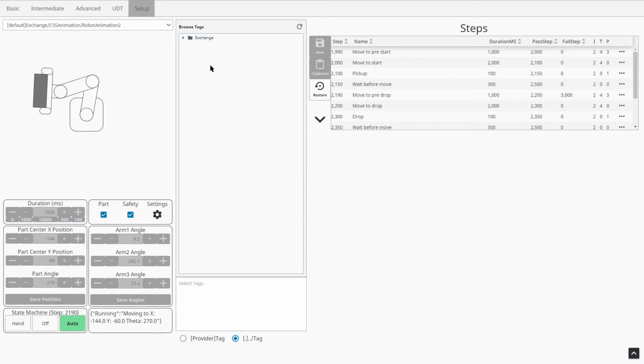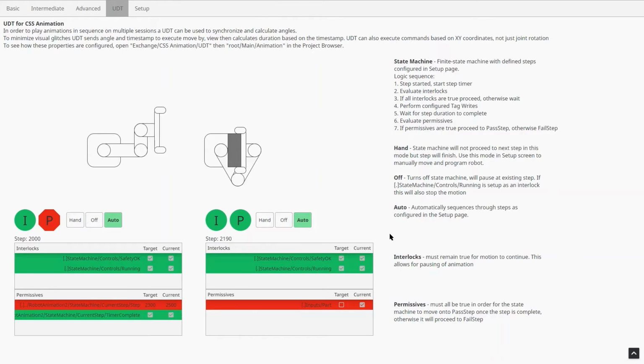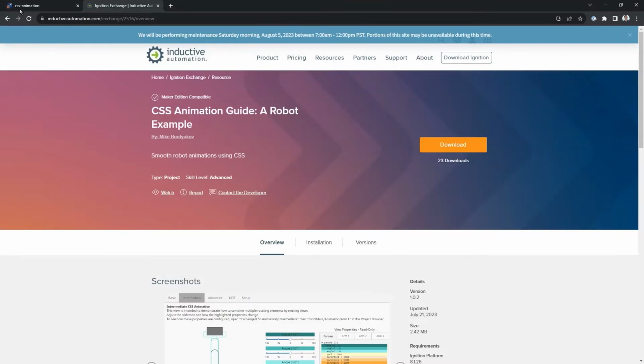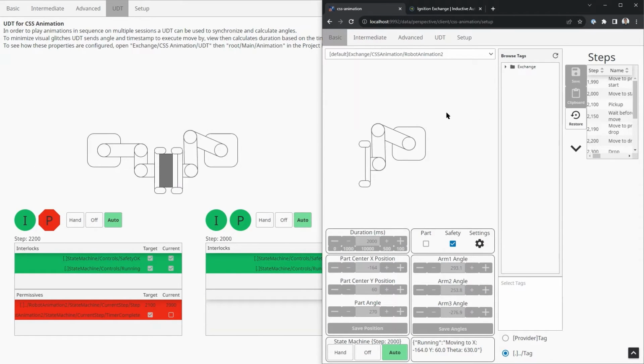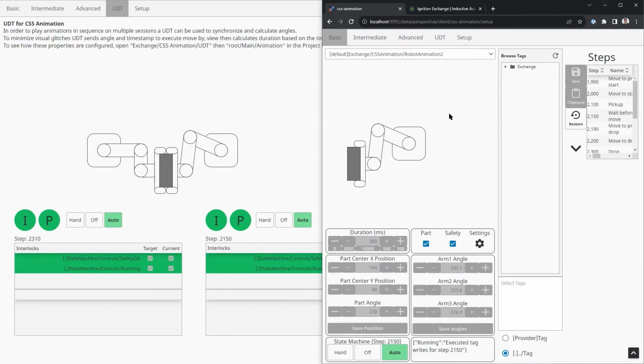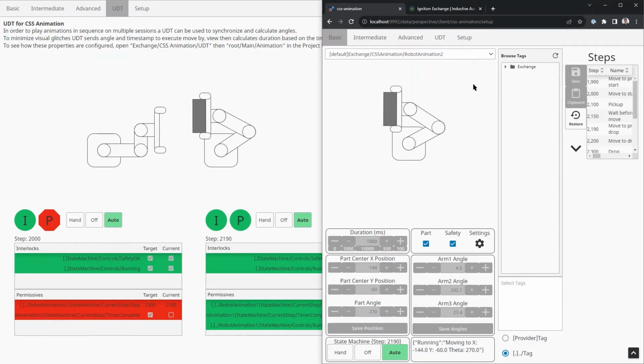All right, so there's quite a few things in the setup page. And why is it so complex, you might ask? Well, let me show you why it's so complex. And to do that, let me open a second instance. All right. So a lot of complexity comes from the X and Y moves.